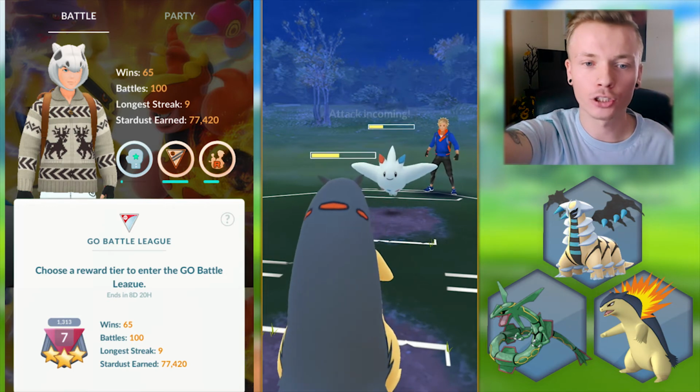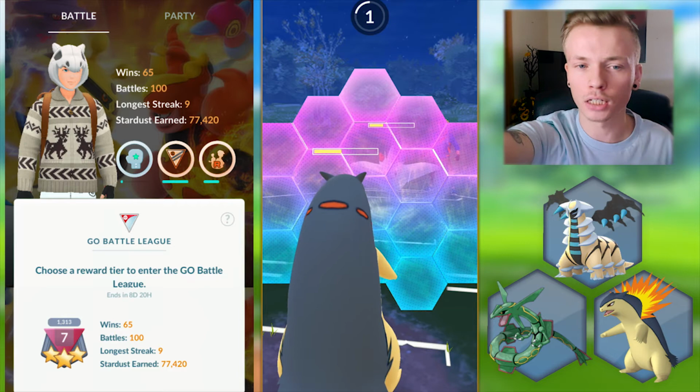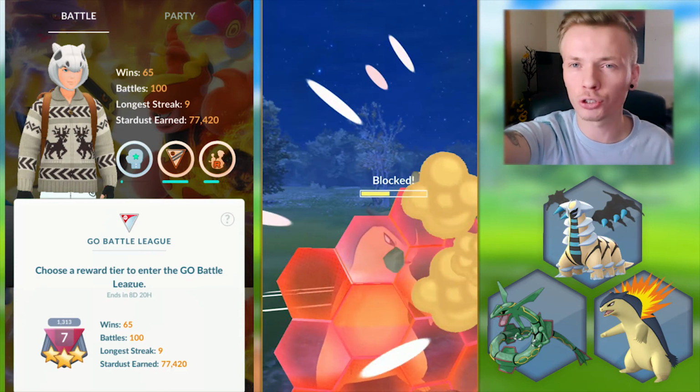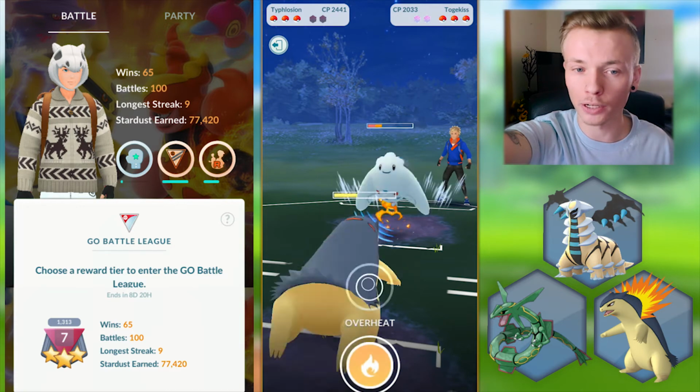I'm going to try to just do a bunch of chip damage, honestly. I think what I was going for here, instead of shooting off my Overheat, if I remember correctly on this match, I double shielded on my first Pokemon. Now, that's not usually a strategy that I like to do, using both of my shields right away, but